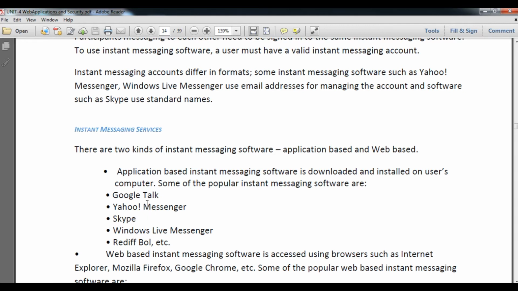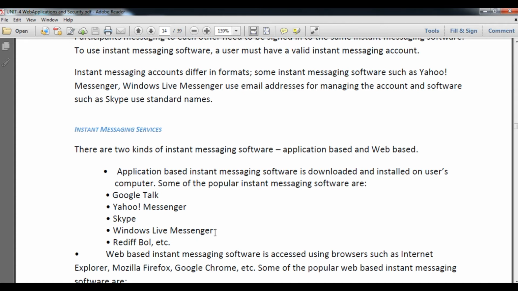So students, we need to pay important attention here. If I am going to use Google Talk, I have to use my Gmail account. If I am using Yahoo Messenger, I will use a Yahoo email address. With Skype, it doesn't matter whether you use Google, Yahoo, MSN or any other account, but the domain will be of Skype only.